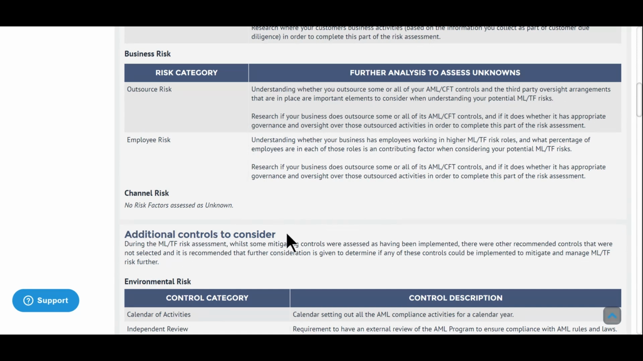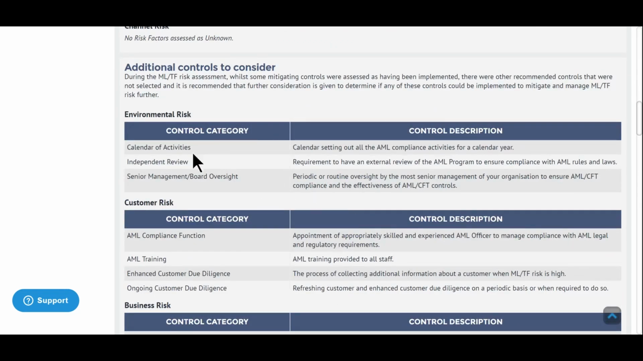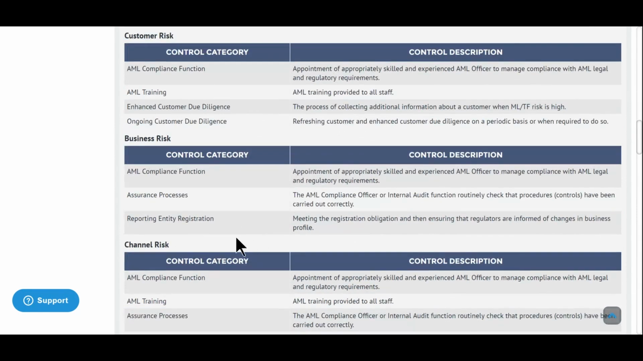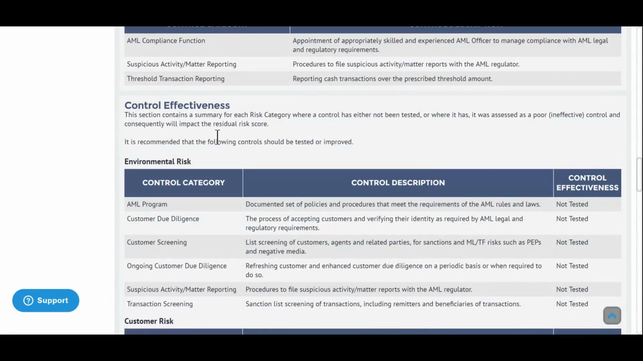The second section is Additional Controls to Consider, which summarizes all mitigating controls that were not selected, since these, once implemented and operating effectively, have the effect of reducing the residual risk score, as positive steps have been taken to mitigate and manage the identified money laundering and terrorism financing risk. So this section provides a list of recommended controls that the organization could implement to improve the management of its